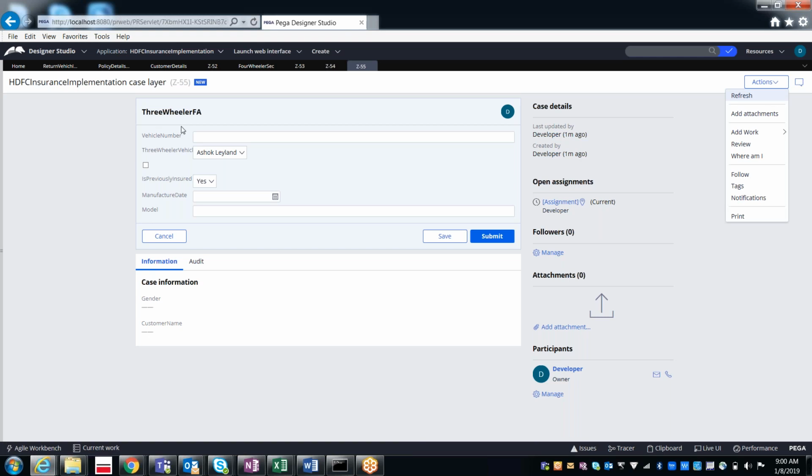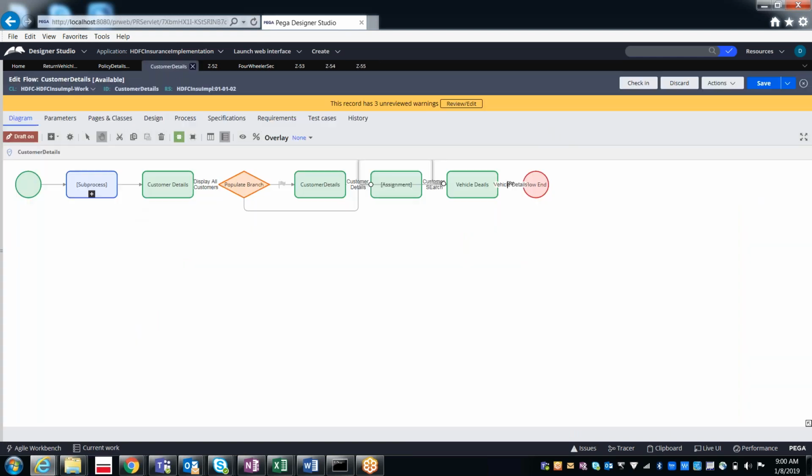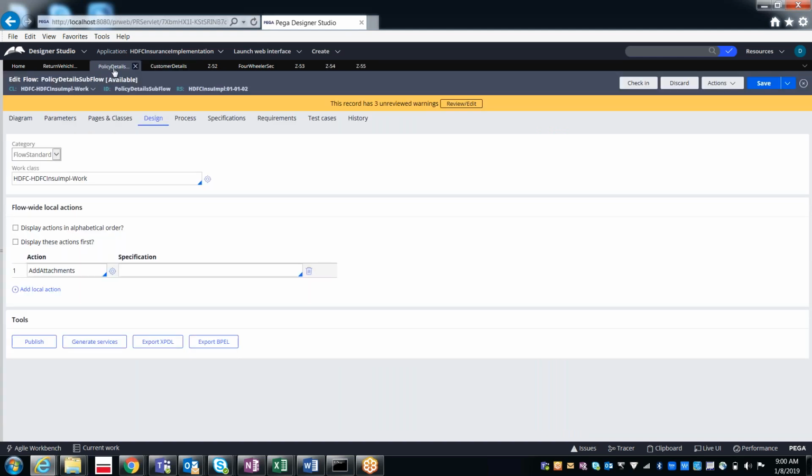So this is called local action, and again the connector flow action. Local action we can apply at the assignment level, by going to each and every assignment. Otherwise we can apply it through the flow action, sorry, the complete flow level by going to the design tab. So is everyone clear? Local action and connector action. The local action means even after completion of the processing of the local action, it will still be referring to the same assignment.